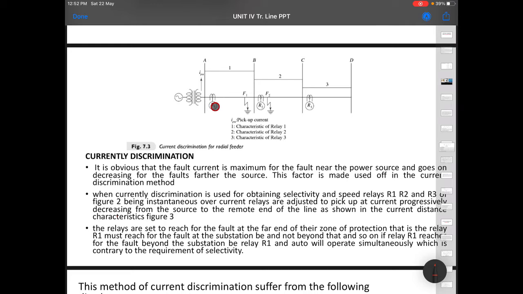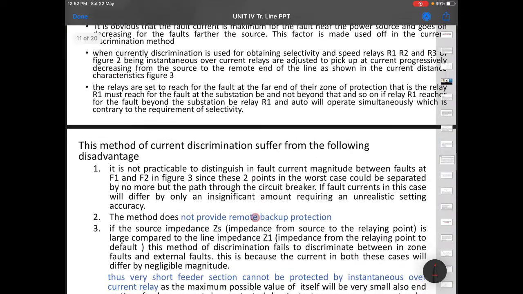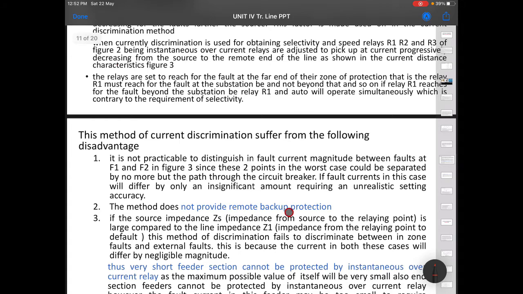But it cannot back up because its current setting is 150 while the other is 100. If a fault current of 150 flows here, it will not back up because it is well within its range, so it will not take any tripping decision. Hence backup by R1 is not possible when the F2 fault happens.